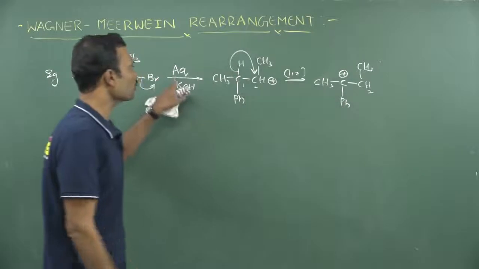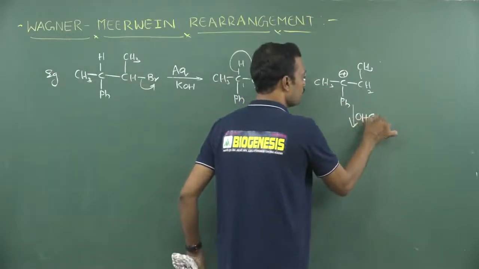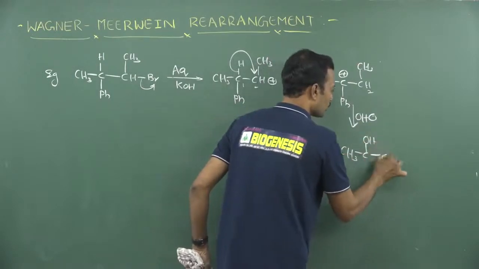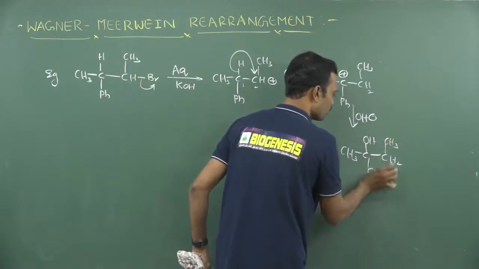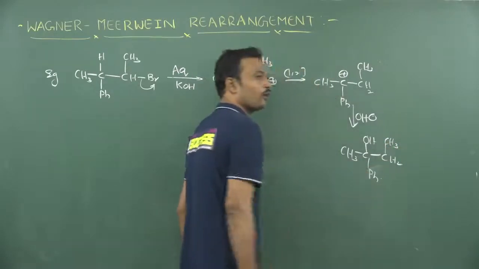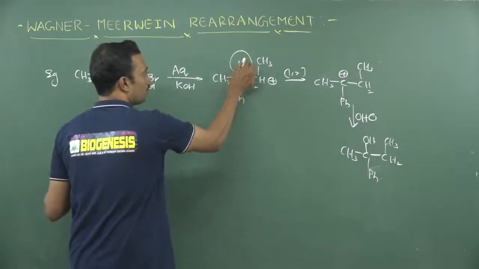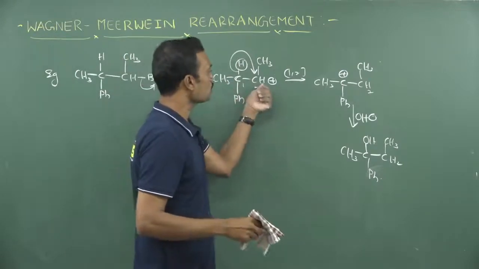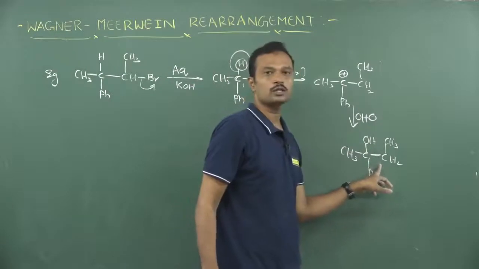Okay. Now this nucleophile will attack on this carbon. Now the carbon becomes an alcoholic product like this. This is CH2 and here followed by CH3 and here one more Ph group like this. So this is a Wagner-Meerwein rearrangement reaction. So here the hydrogen is migrating from this carbon to this carbon. You will get an unstable carbocation to a stable carbocation. Then this nucleophile will attack on this. Finally, you will get this product.